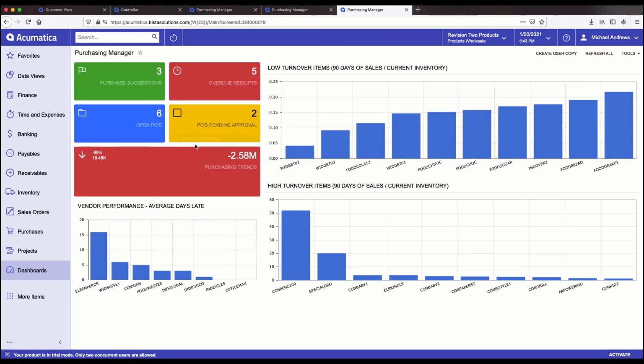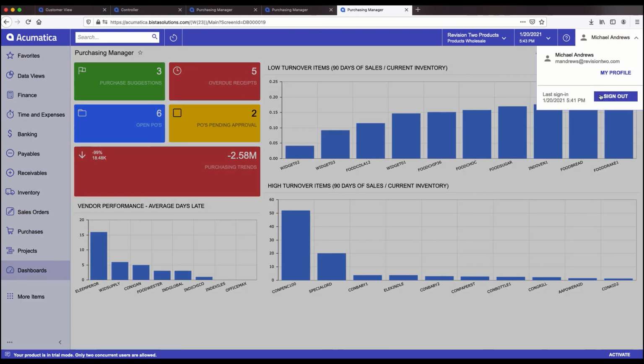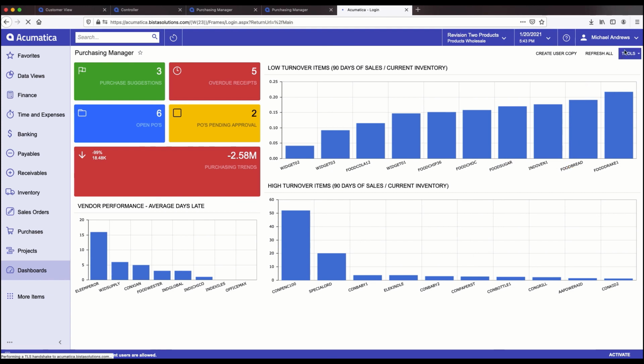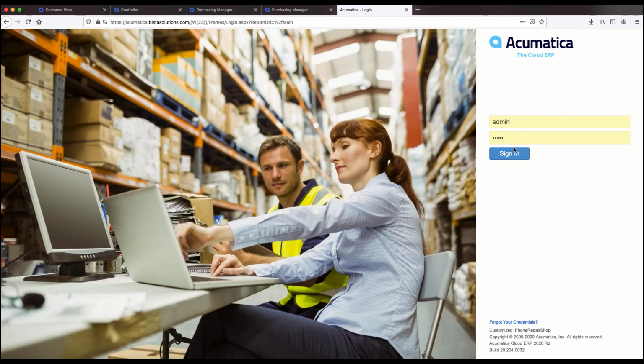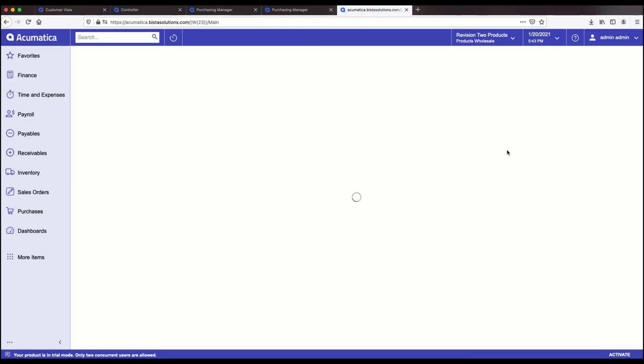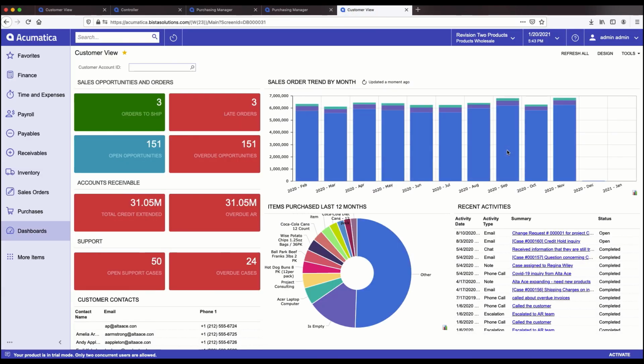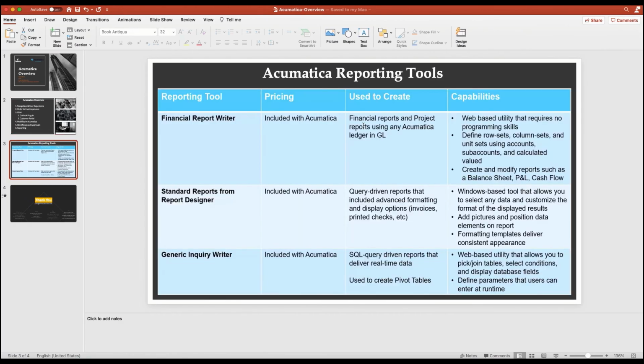POs pending approval. This is what it should take me, but somehow the screen behind is probably not configured. But this is how Andrews will approve the POs which are just above $5,000, or any threshold which you set, will go to Andrews for approval. So I log back in to my ERP as an admin, and let's talk a little bit on